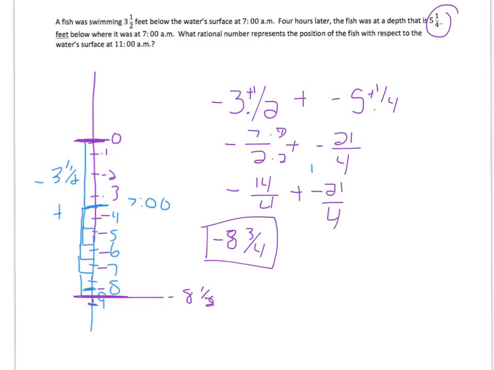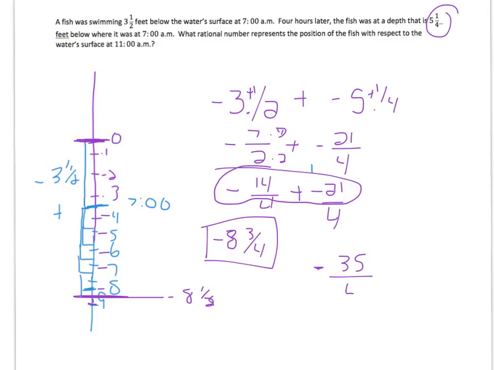Now, this is the first one today, I think, where we had two negatives. Negative plus negative, they're on the same side. They're not battling each other. They're on the same side. So if you have negative 14, you add another negative 21. So if you have 14 negatives and you add another 21 negatives to the battlefield, you end up with a negative